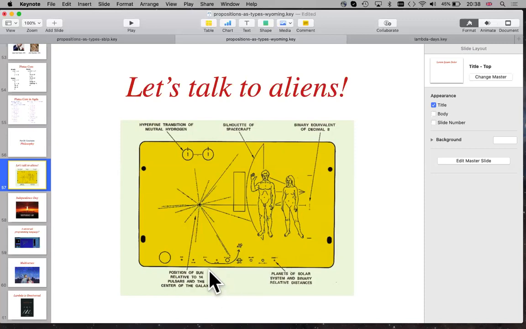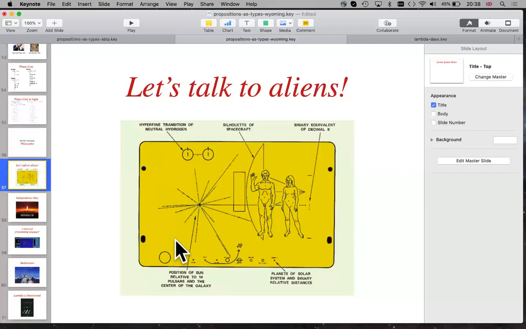pulsars and they've got lines from each pulsar to the center of the galaxy. Oh, sorry, one of these is not a pulsar, it's the center of the galaxy. And lines from each of these that are as long as the distance from that pulsar to Sol. And then you can't see it, it's very tiny, but on each of these they've marked a number in binary, which is the frequency of hydrogen at that pulsar. So they've identified the pulsar by the frequency of hydrogen in it. So